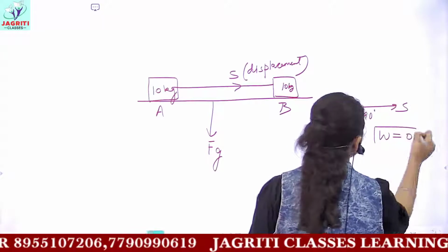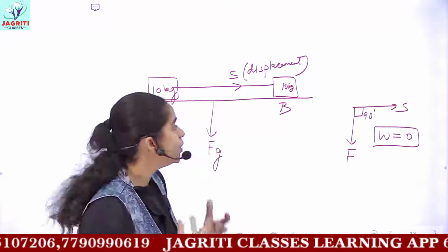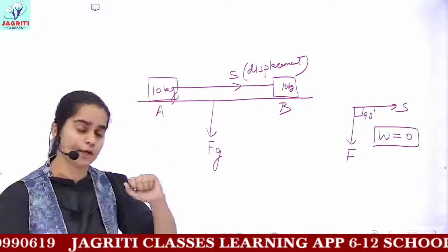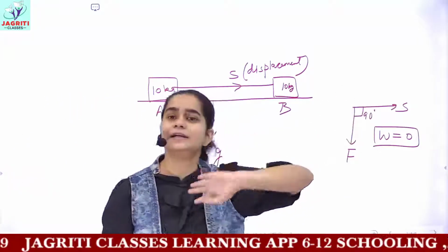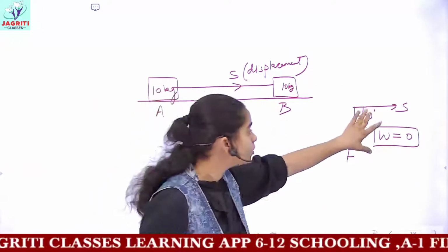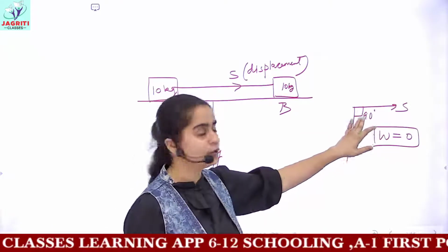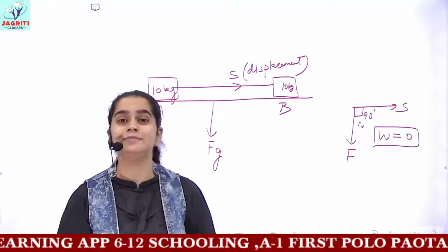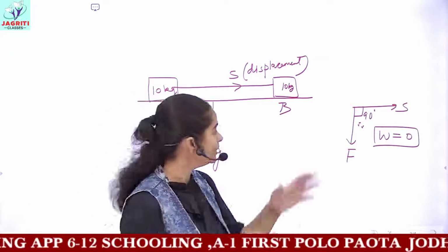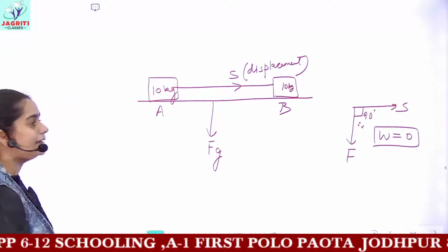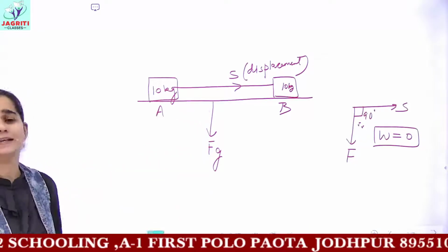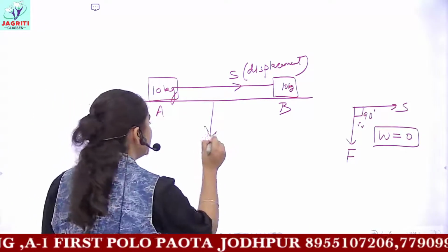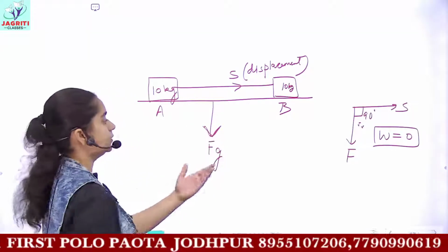Work would be 0. But if you are not getting why the work is 0, let's understand the concept. Forget that the angle is 90 degrees. Now we'll not focus on the angle. You can say that when the angle is 90, the work is 0. We discussed this concept in the previous video lecture, but let's consider the case again here. If we do not know that the angle is 90 or whatever, we can say that gravity is applying a force in a downward direction.